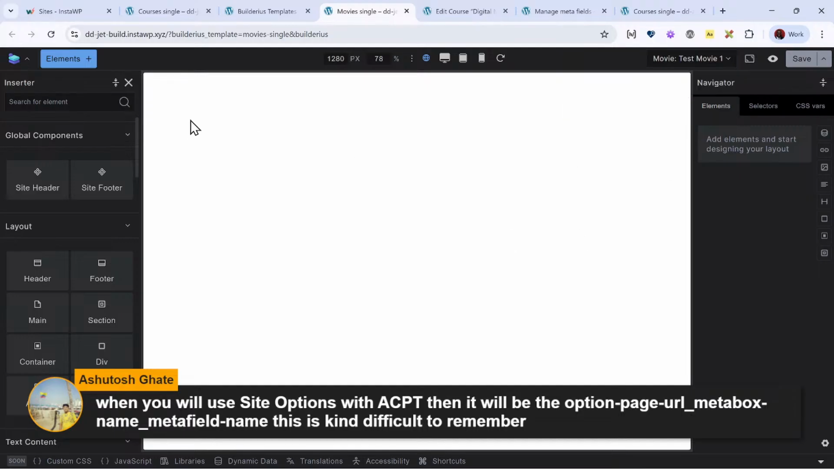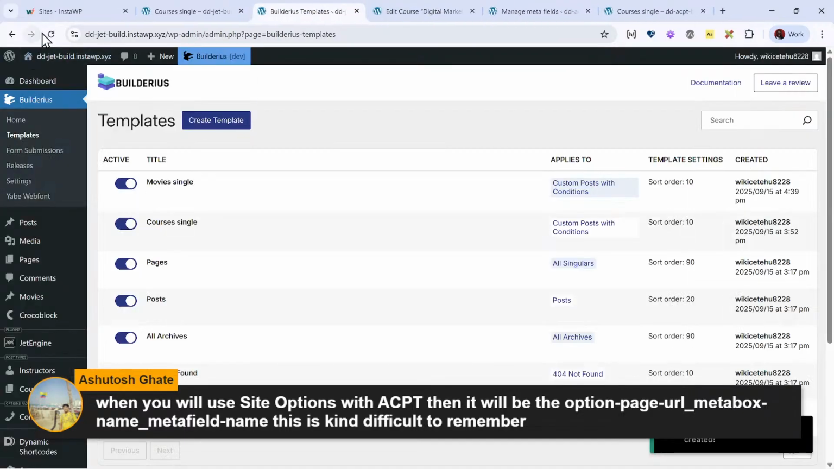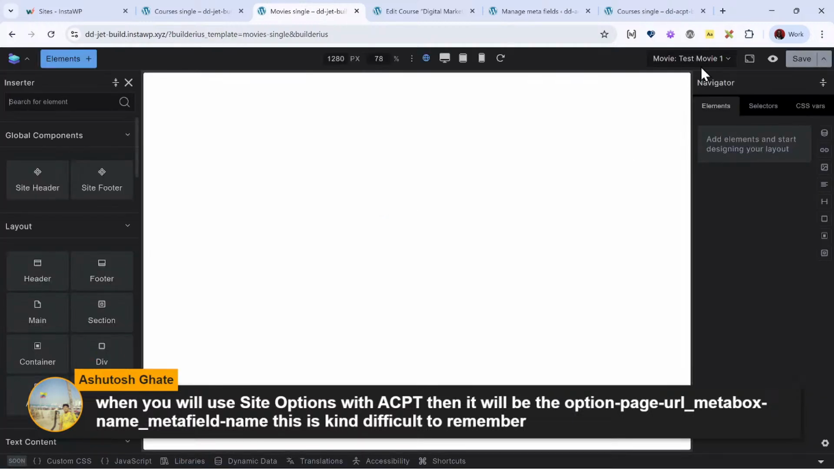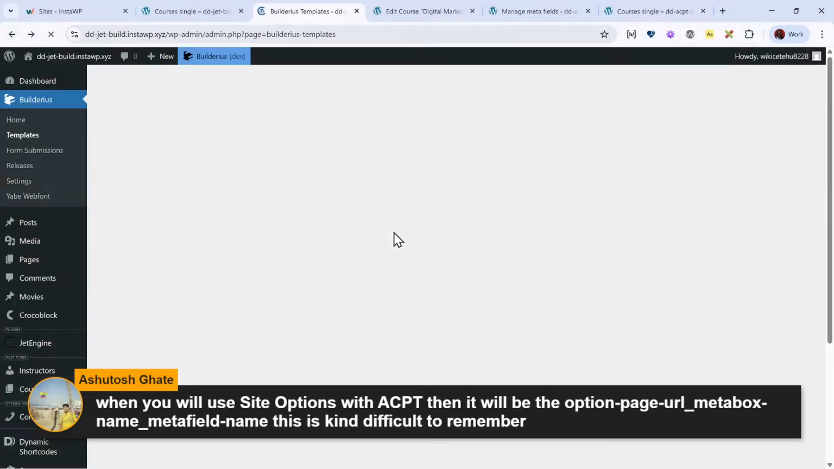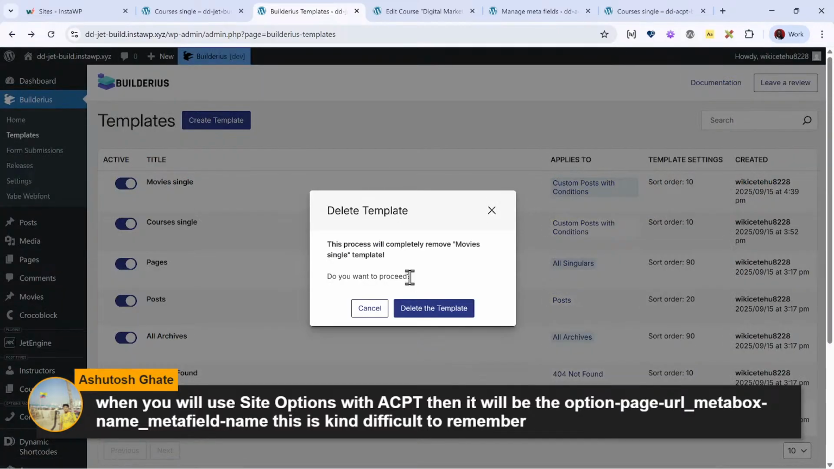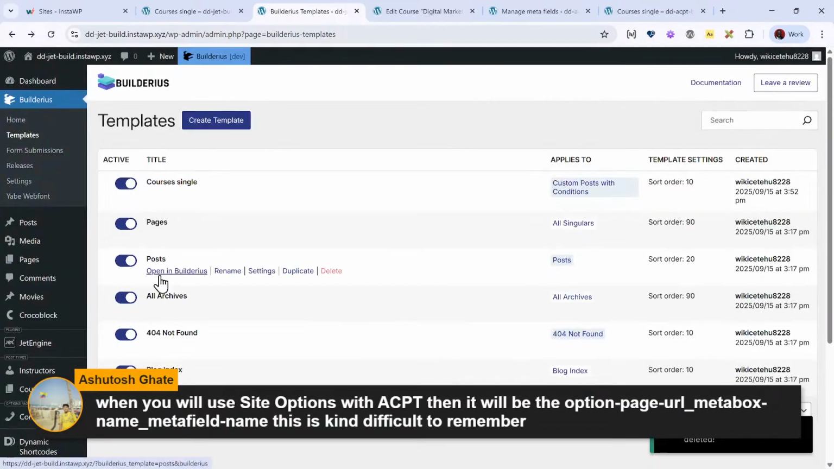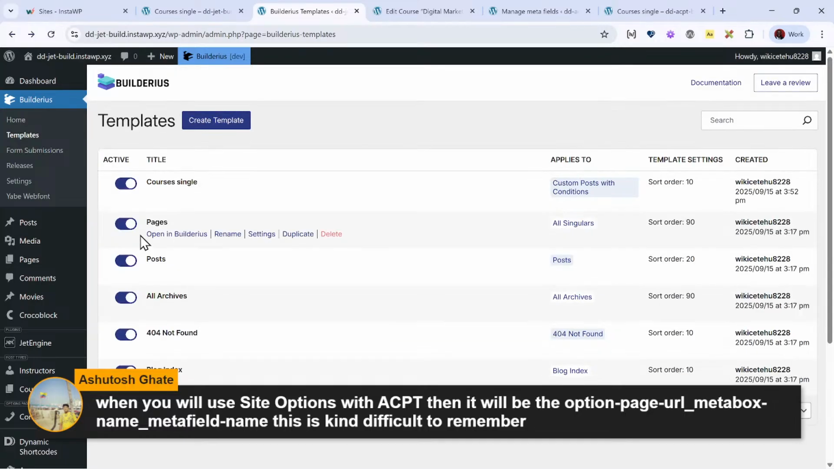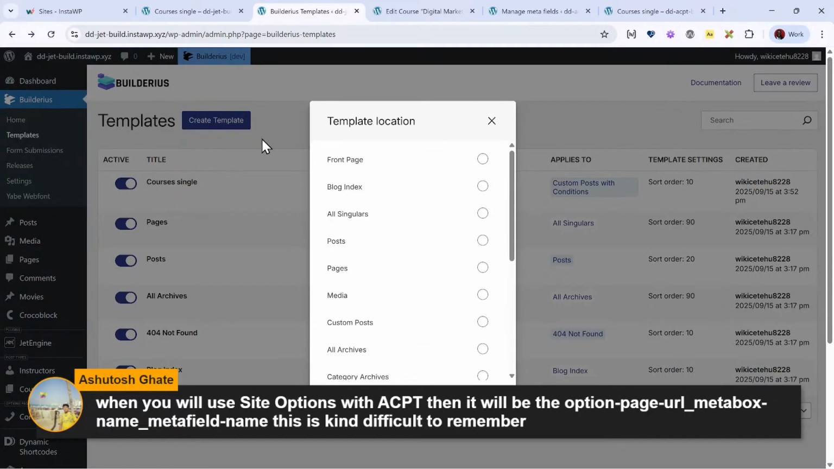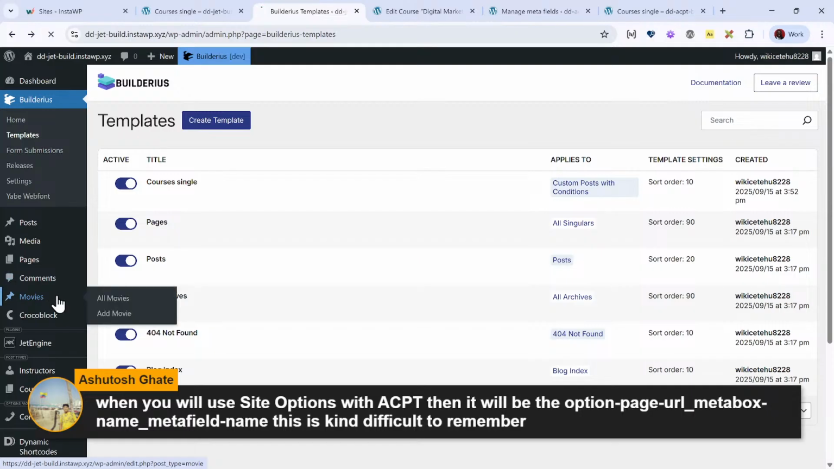Why didn't it show up? Where are all of the elements? Let me go back. Refresh. Movie single. I created one movie, so it should have content. Why is it blank? Let me just delete it and make sure. Reload, hard reload. Okay, create template again. Or let me add one more movie just to be sure that